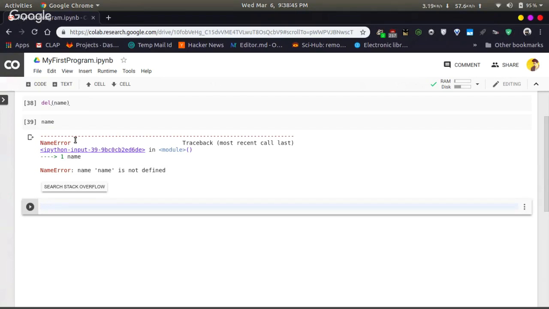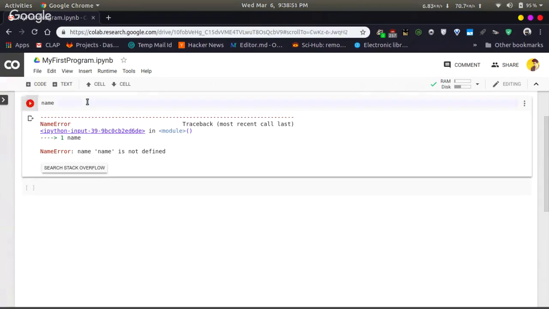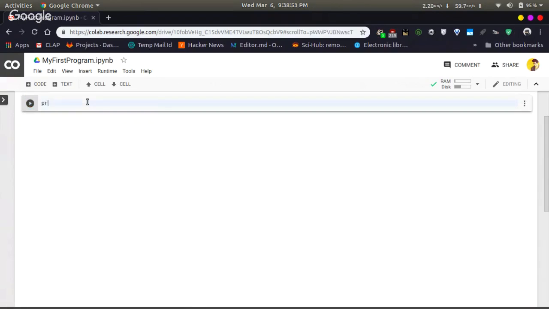Starting off with print statements. Print. You can print anything inside these parentheses. What you are seeing here is actually a function. Print is actually a function. How do you know it is a function?